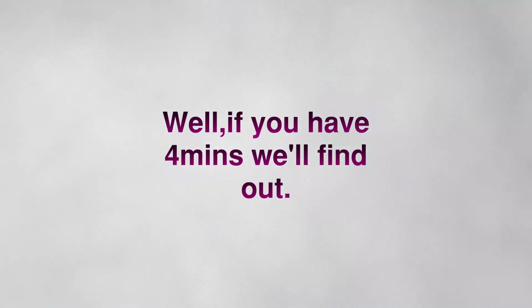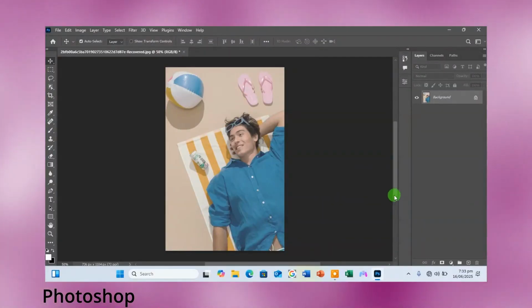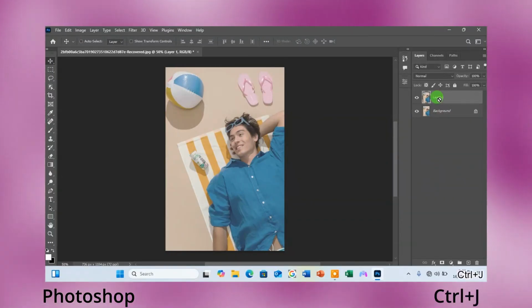Can I color grade without the camera raw filter in Photoshop? Well, if you have 4 minutes, you'll find out. Let's get into it. So the first thing I do is I duplicate the layer by hitting Ctrl J on